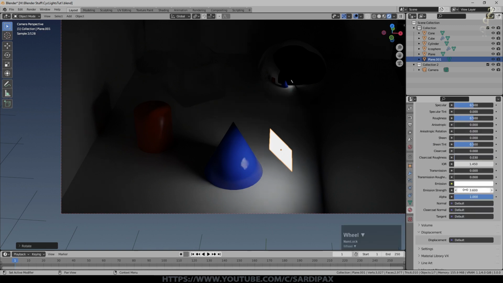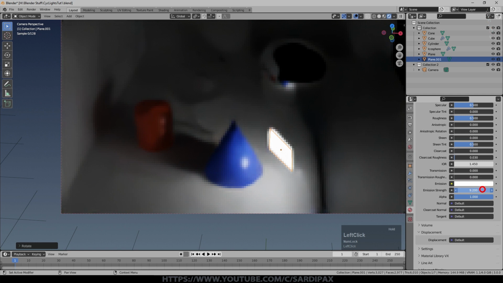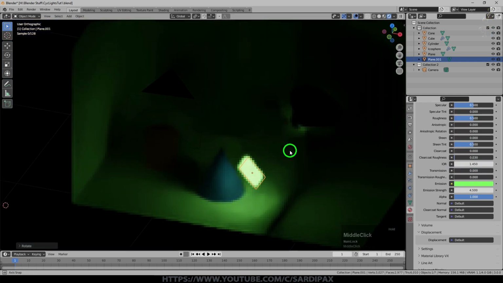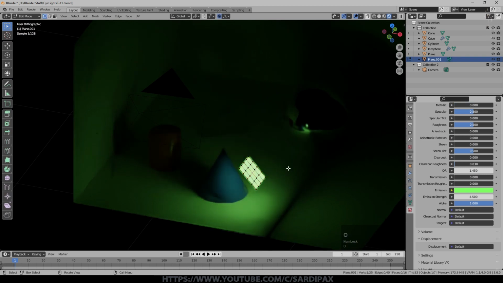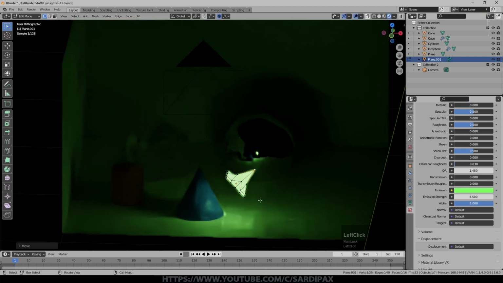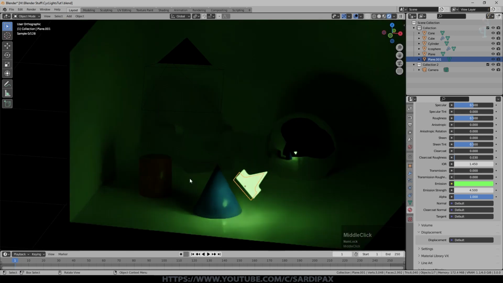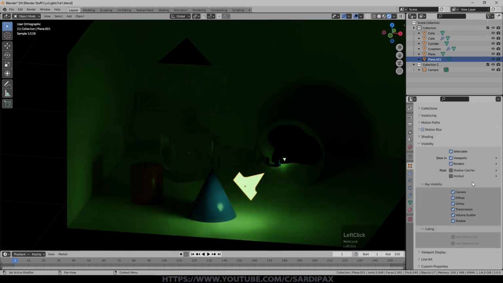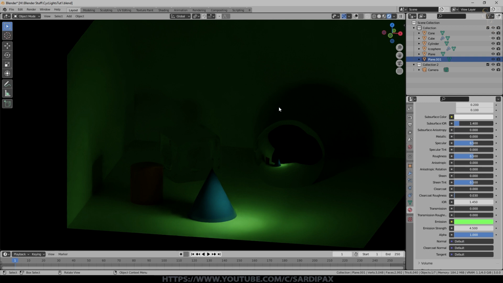So we can play around with the emission strength, it's bouncing around there, as well as, of course, the color. And you can also make some unusual shapes, of course, which will give you some interesting distributions of the light. So it'll be very bright from some areas and not in others. You also might want to, under the object properties, remove the camera option. So you can see it's still visible there. If I turn off both the camera and glossy, the light itself is not visible, especially if I turn this off. The lamp itself is not visible, but the light it is emitting is very much visible.